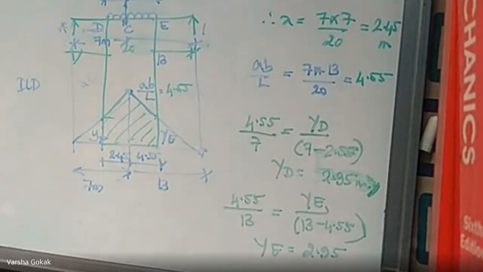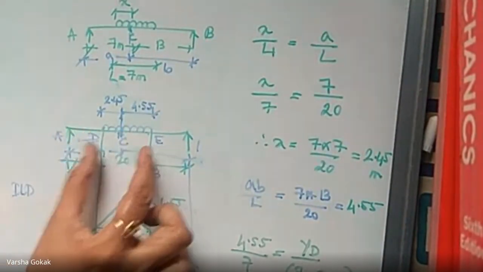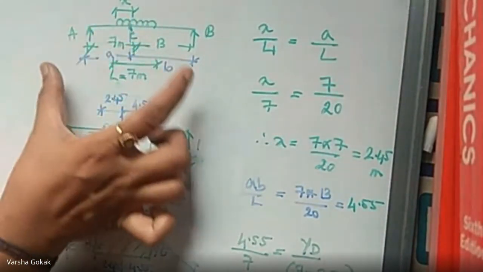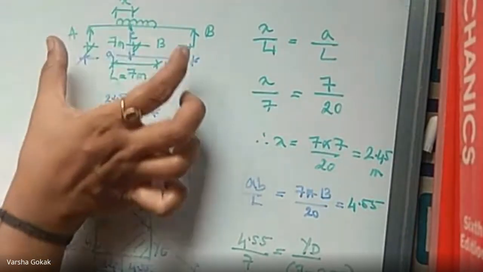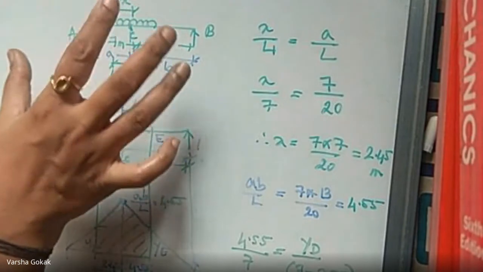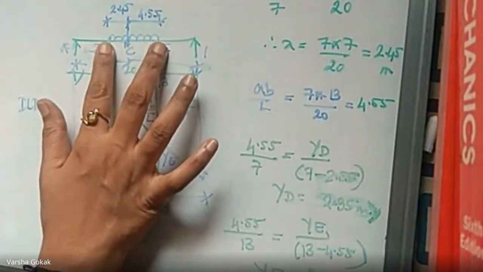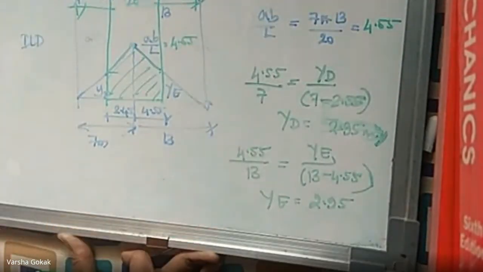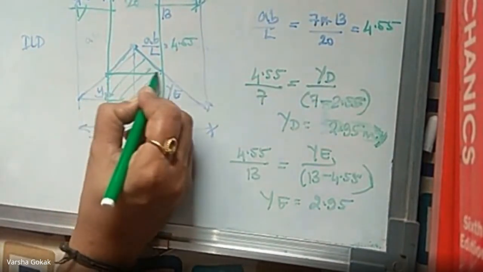I'll tell you why. We took the ratio here like that. We said x divided by L1 will be equal to a divided by L, meaning x and a have the same ratio with your L1 and total L. So wherever I take points, when I place them in a ratio, I will get YD and YE as the same value. So once you get the YD and YE value, now it becomes easy for us, right?